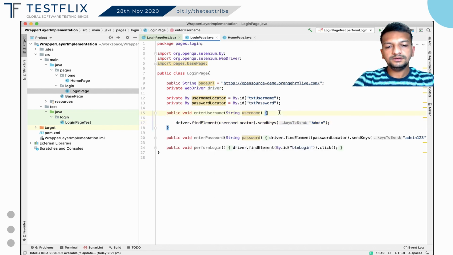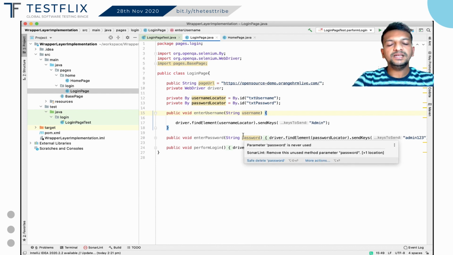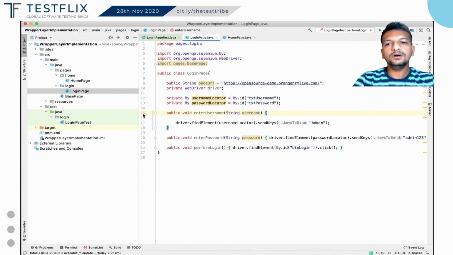Suppose I get a new requirement saying always clear a text field before sending a value to it. If I'm working on an enterprise application where I have at least 15-20 pages, then just for a single requirement I need to update all my classes, and this is just for a single change.